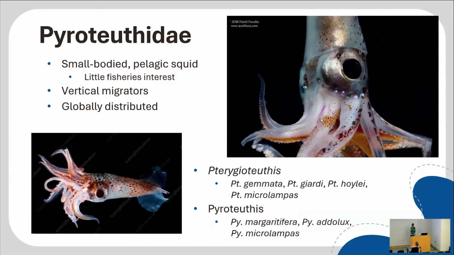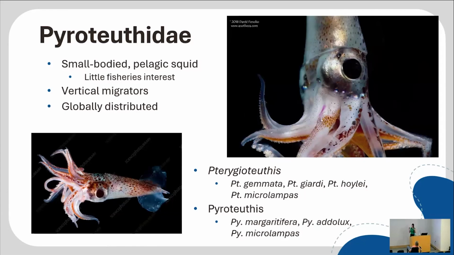Pyroteuthids are small-bodied pelagic squids with little fisheries interest. They are really important ecologically as both predator and prey, as most cephalopods are, but they also are vertical migrators. So they live in deeper waters, around 300, 400 meters, during the day, and they're moving to the surface at night, presumably to feed, avoid predators, things